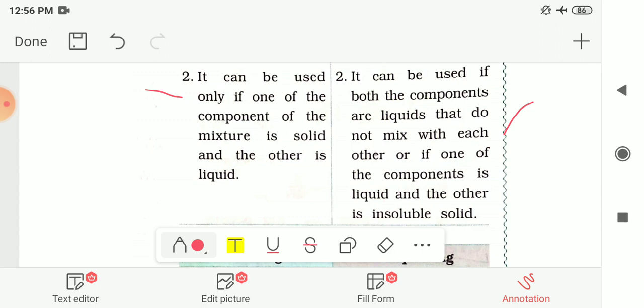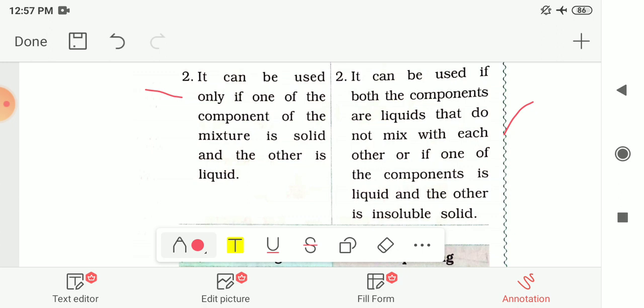And decantation can be used if both the components are liquid that do not mix with each other, or if one of the components is liquid and the other is an insoluble solid. So if in the mixture both the components are in liquid state, let me take one example of oil and water. Both of these components are in liquid state.